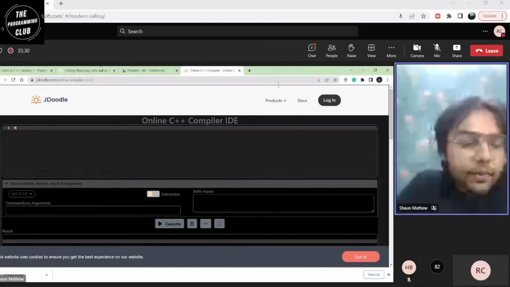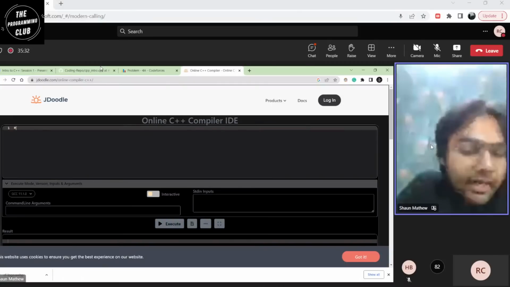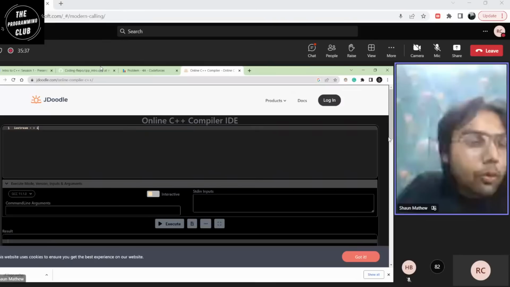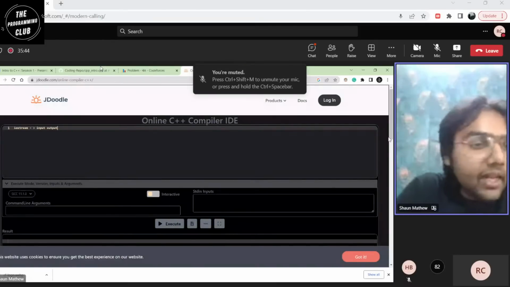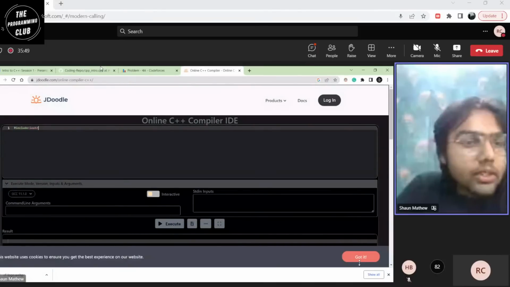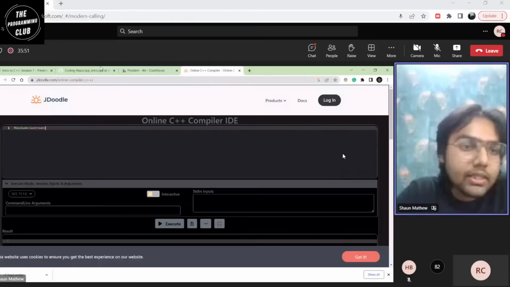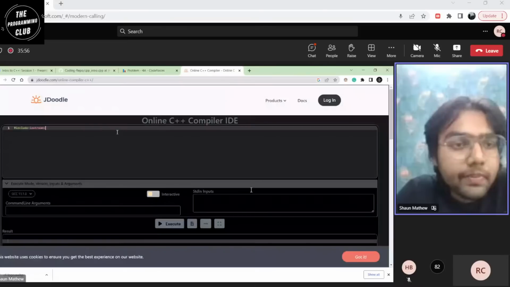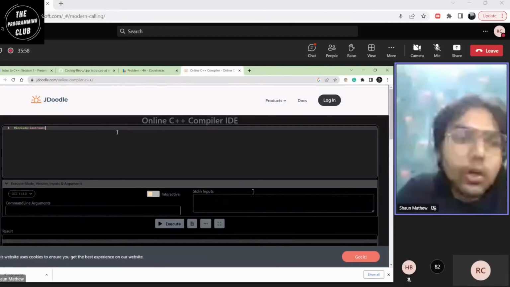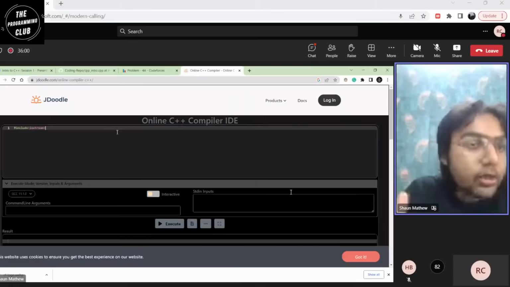A very simple header file would be iostream. What is iostream? It is the input output stream. It helps you take input and output in your program. The way we include a header file in a program is using the hash include call. So that's what we saw first. When we opened JDoodle, the first line written was hash include iostream. This is just to call the input output institution or organization which will help us carry out these functions.